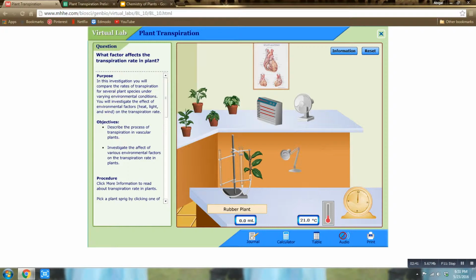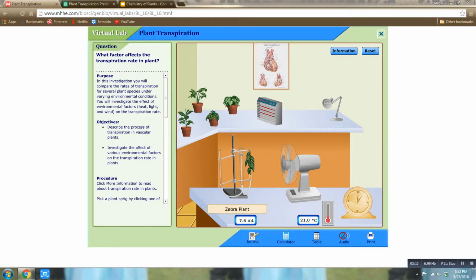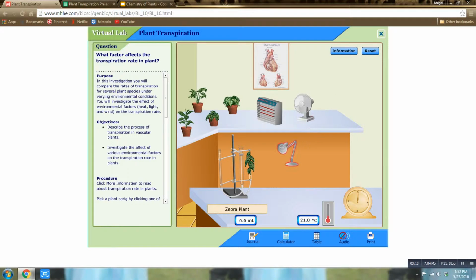Then we're going to get the zebra plant, and its normal transpiration rate is 4.2. And we're going to add the heater, and then we're going to add the fan, which caused it to increase even more than the heater did. And then we're going to add the light, and then our next plant is the devil's ivy, and we're going to see what its normal transpiration rate is,